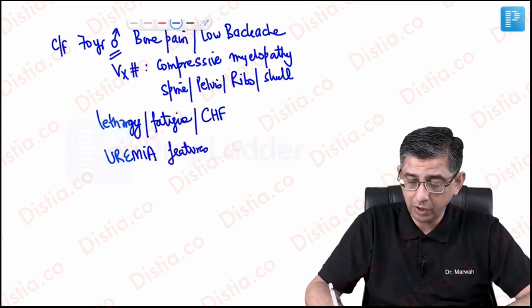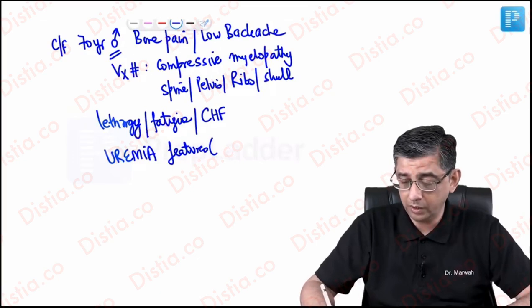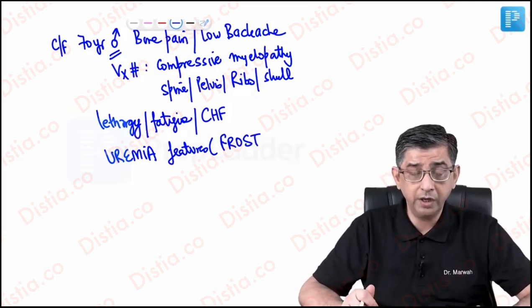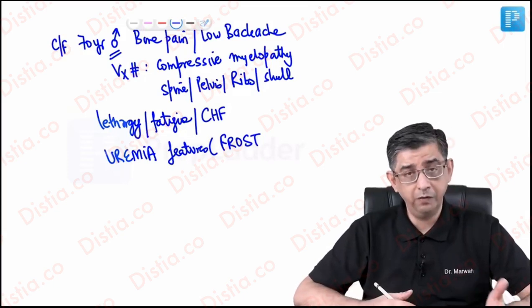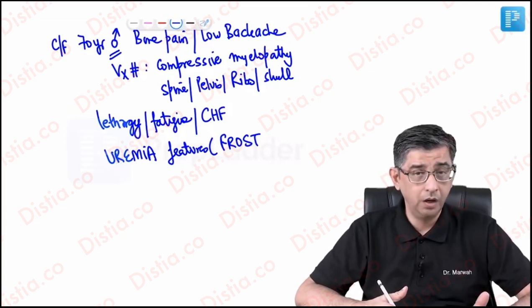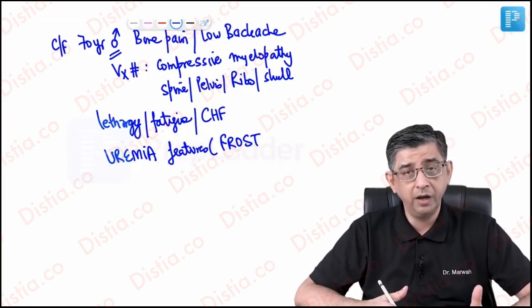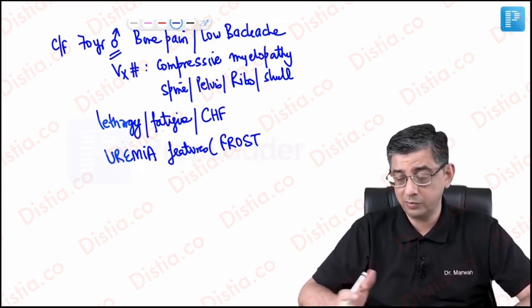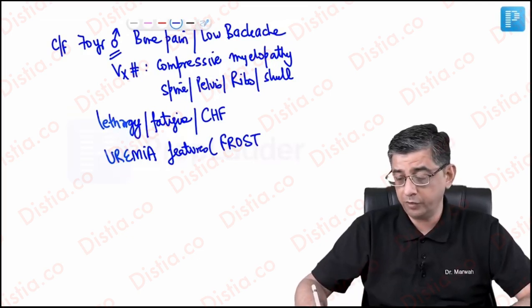Now let me just jot down a couple of uremia features here before you. Obviously encephalopathy can occur any day if the kidney is involved, but initially urea is not getting excreted the normal way, like in our body via urine. The urea is getting excreted via the sweat. So when the sweat evaporates, the crystalline deposit of urea on the skin will cause a bad smell to come from this patient. That would be a uremic frost.